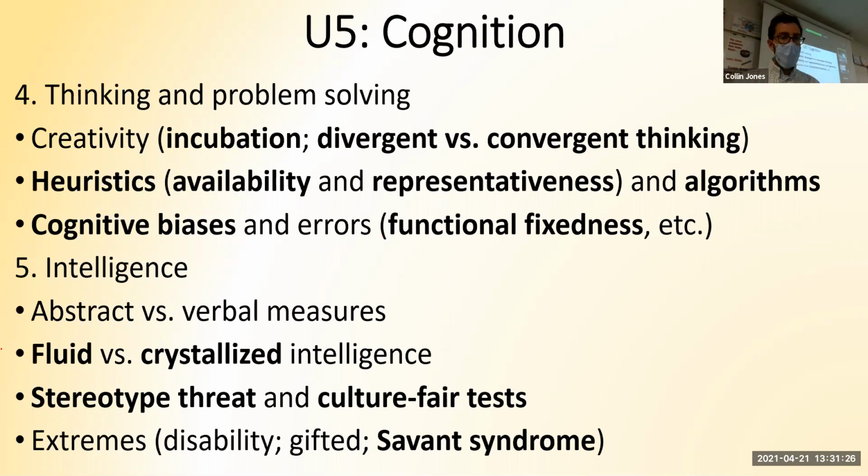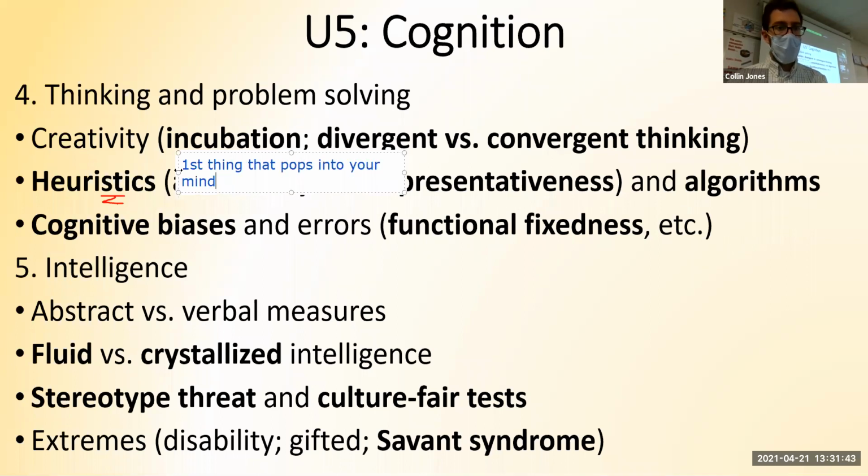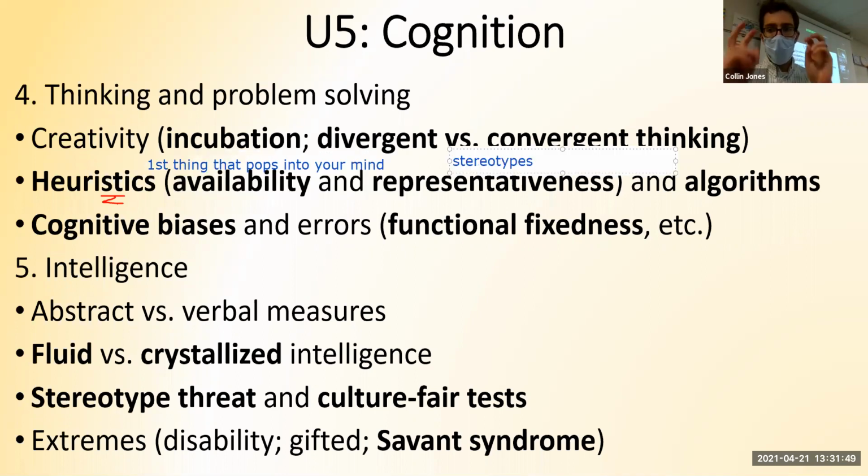The word heuristic refers to a mental shortcut, a way that your brain is lazy. So when you are asked a question, you either think the answer is the first thing that pops into your mind. That's called the availability heuristic. Or you think about stereotypes, what represents the idea best, and that's how you answer the question. Both of those are your brain making lazy shortcuts. That's what heuristics are. An algorithm is when I ask you a question and you try every possible solution to guarantee you get the accurate answer.